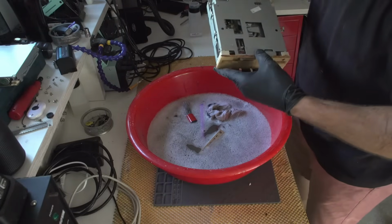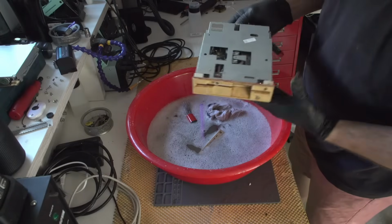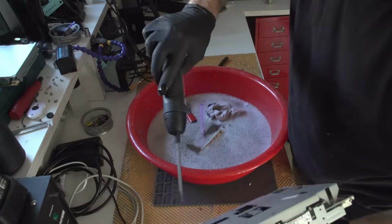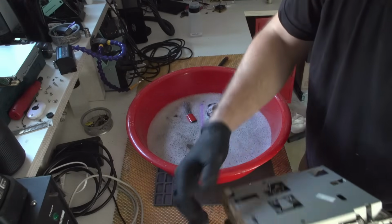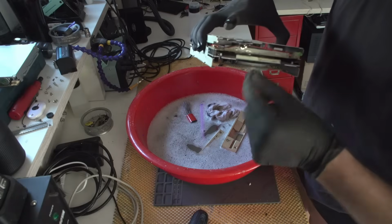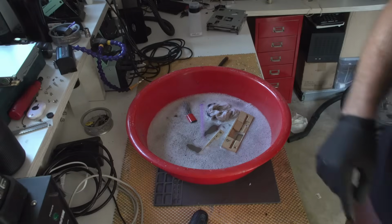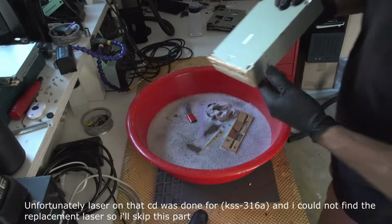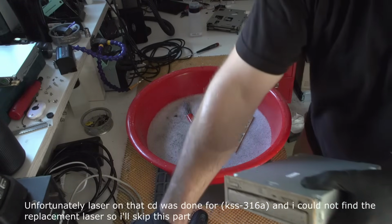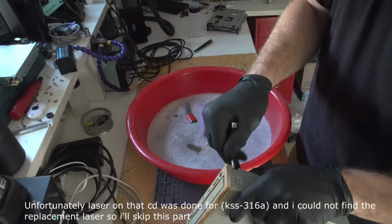Does this thing have some kind of screw somewhere? Okay, of course it does. Two screws. And I think it will just pop out. I am a bit worried about this, but we'll see, you know. What else? A CD drive. I know that I have to disassemble this thing because, well, yeah. However, I am